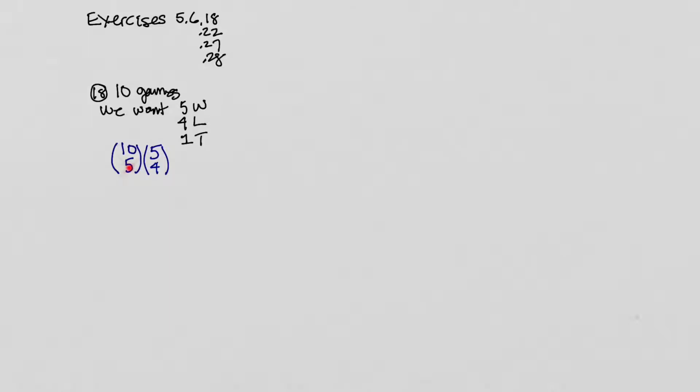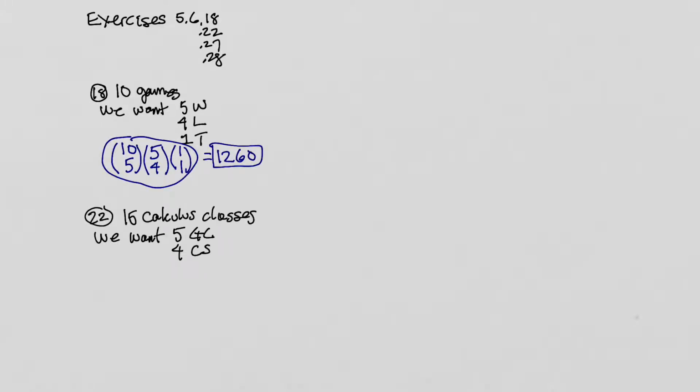Now, altogether, we've played 5 games and 4 games, won 5, lost 4. So there's 1 game left, and we want that one to be a tie. So here's our answer right here, and if we compute it out,